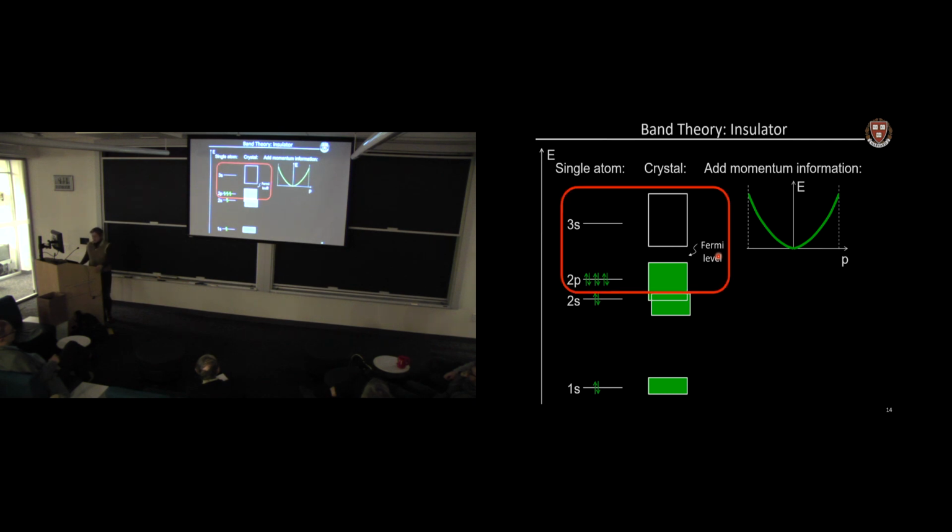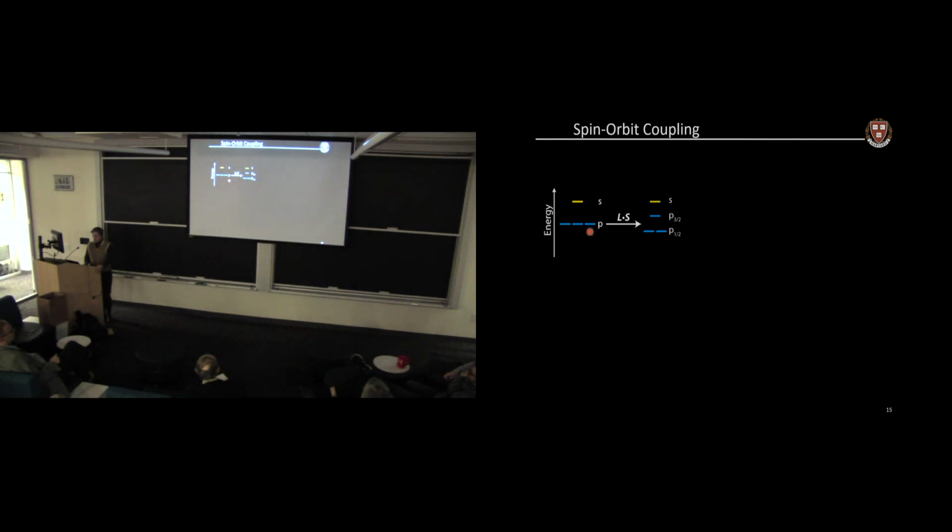And so if I zoom in on this insulating gap here, and I look at the P states and the S states, I have an energy level diagram that looks something like this. So my P states are sitting below, here's my 2 P states and my 3 S state. And in a material, there's always a spin-orbit coupling. The electron feels the effective magnetic field from the electric field of the nucleus, which splits the 3 degenerate p orbitals and opens an energy gap between them. And if you